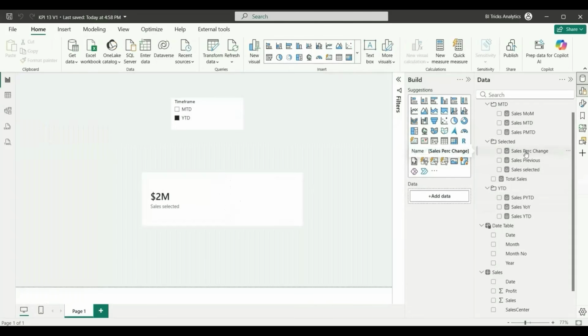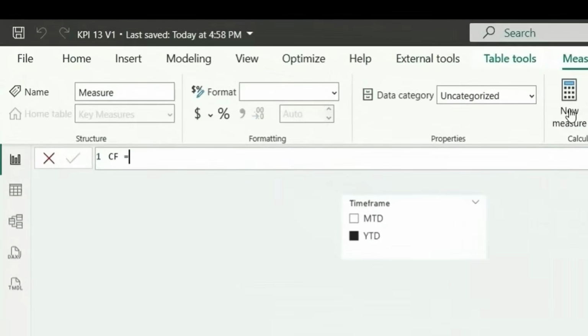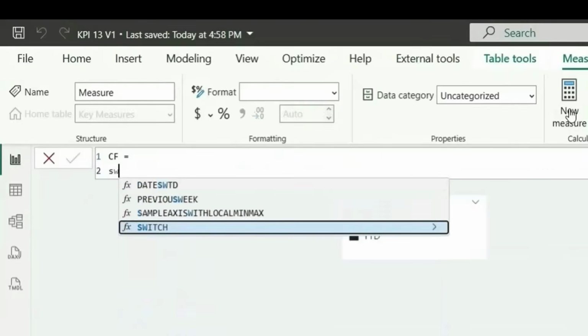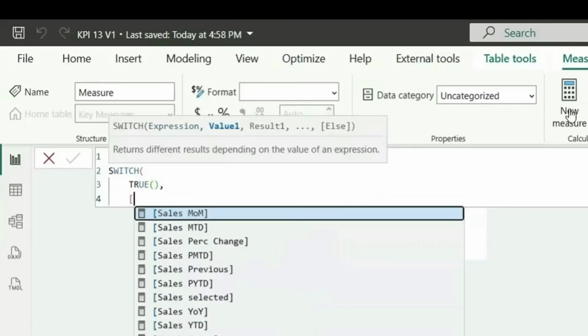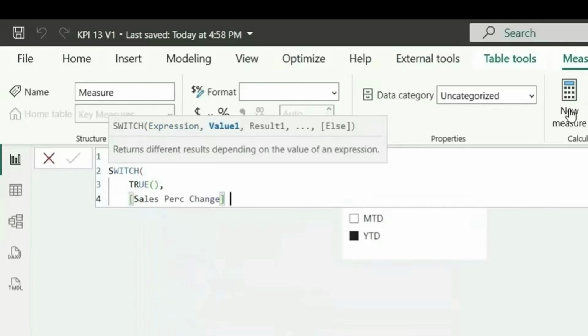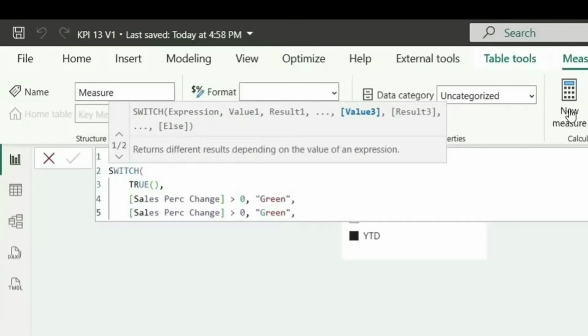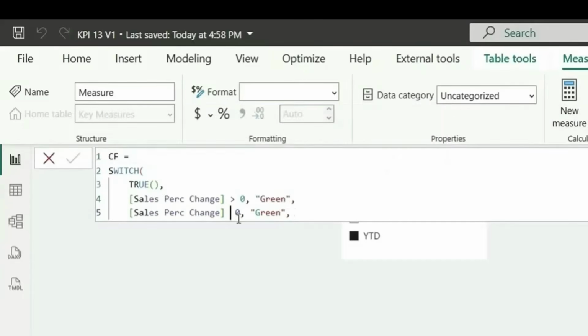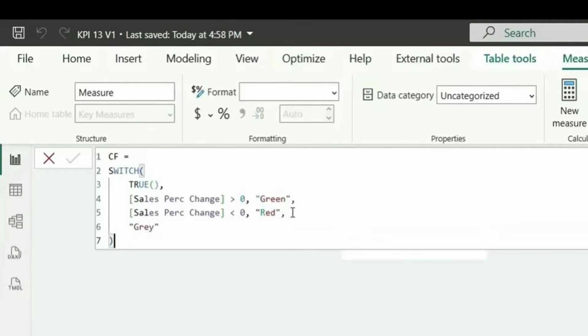So also we can create a conditional formatting for the sales percentage change. So let's create another simple measure called CF, or we can say sales CF. So we'll just write switch function and pass the true expression, and we'll compare this percentage change measure. If it is greater than 0, then give us green comma and shift alt down to copy this again. And if it is less than 0, let's show red color. If it is equals to 0, then in that case show gray color, close the bracket, and this is our